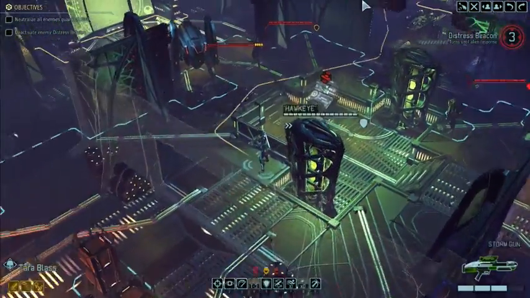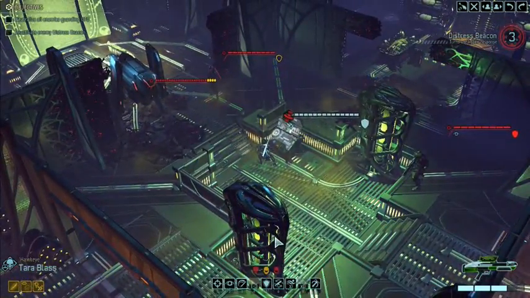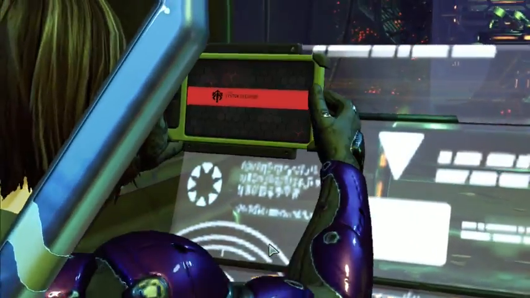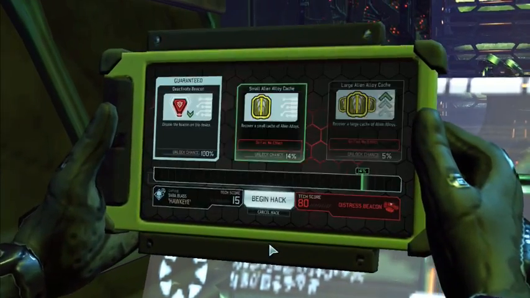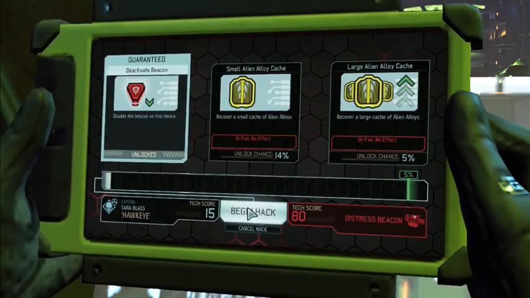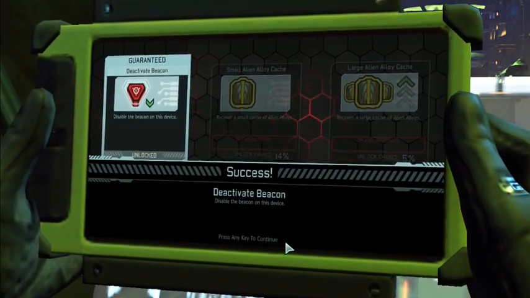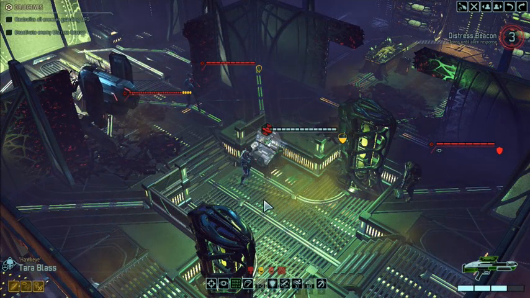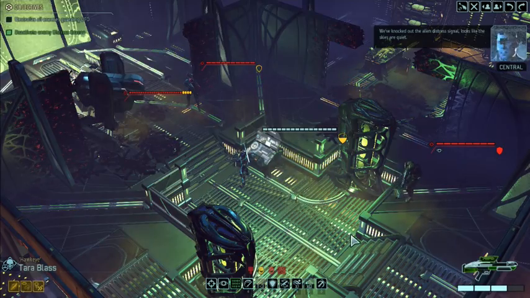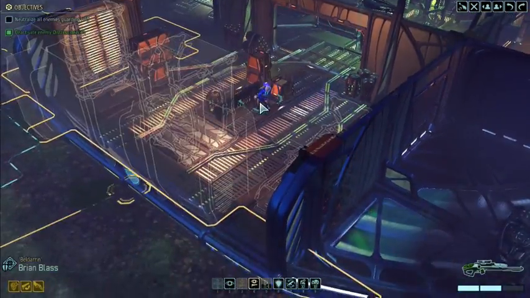So... Nick's gonna go here. Hera's gonna go here. Tara's gonna hack this workstation and shut it down. So we don't need to worry about the stupid timer. It's probably not gonna matter, so let's just go for the big one. Okay. We have deactivated the beacon. I'm gonna see if that ends her turn. We've knocked out the alien distress signal. Looks like the skies are quiet. Looks like that does normally end her turn, so